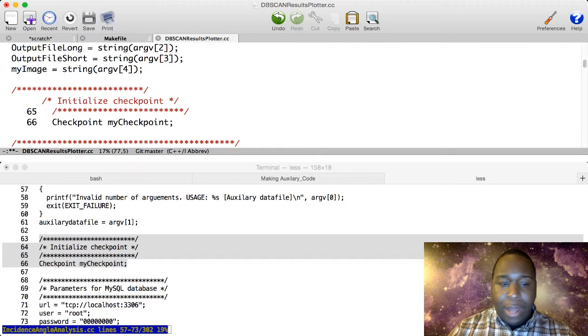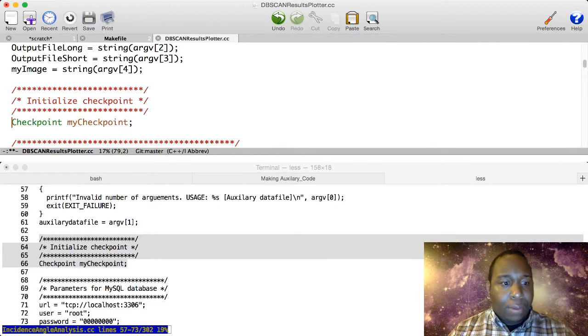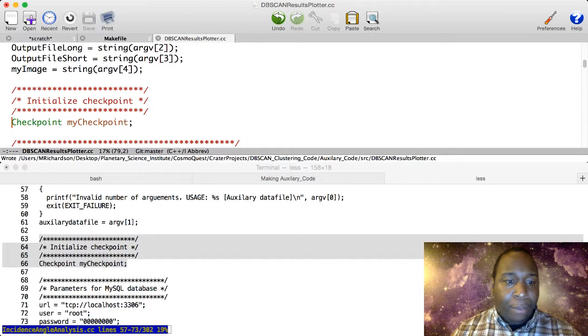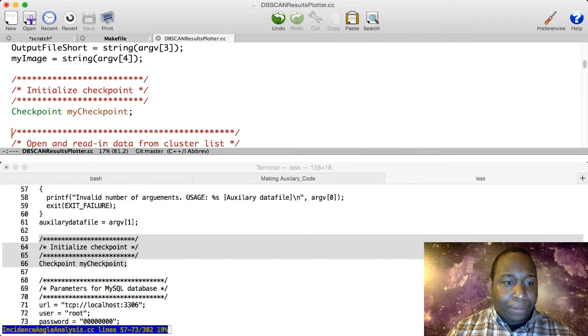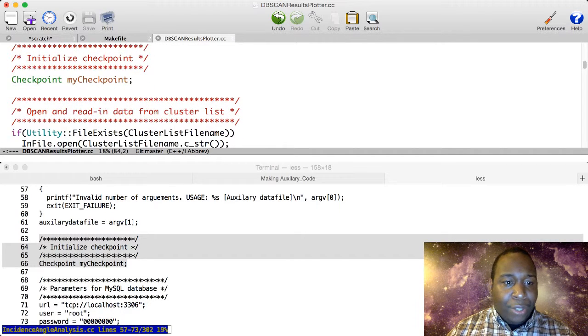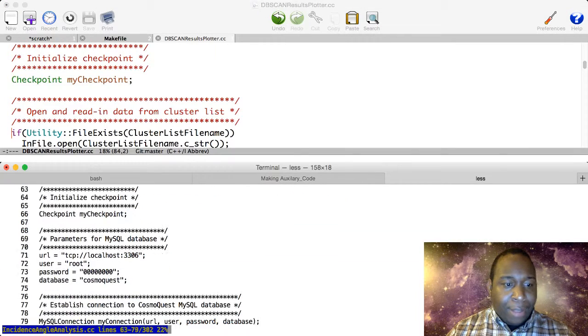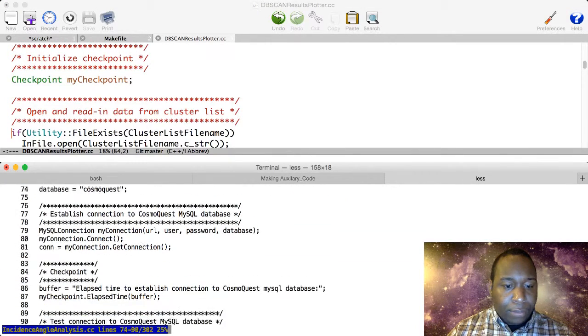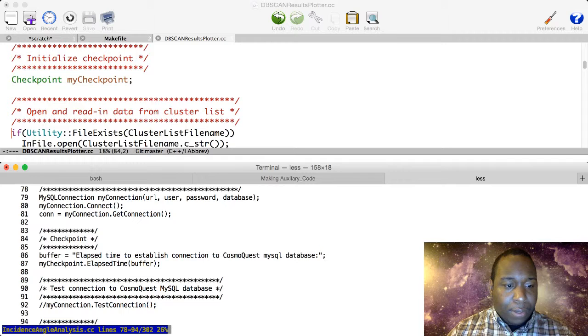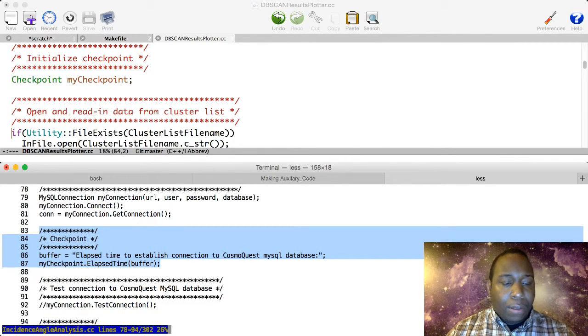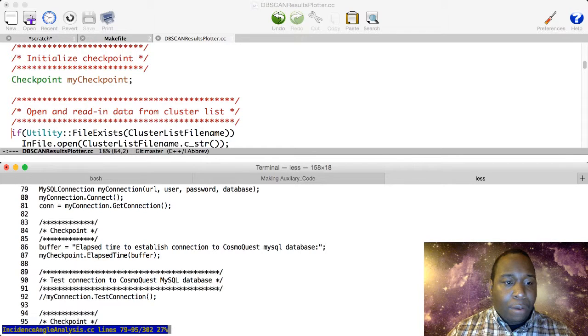So this should go ahead and initialize my checkpoint variable here. And every time I call the checkpoint, I'll need to make sure that I also supply a statement. So, for example,